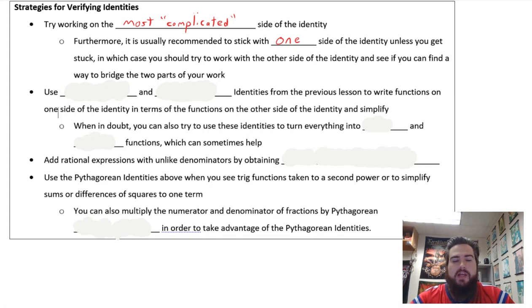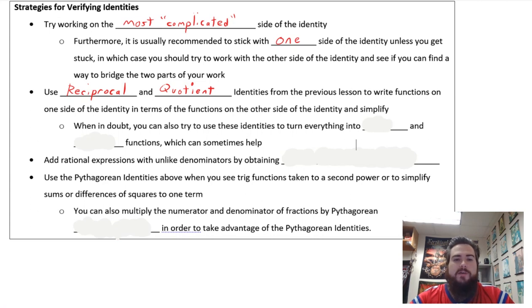The second suggestion here is to try using reciprocal and quotient identities from the previous lesson to write functions on one side of the identity in terms of the functions on the other side of the identity and simplify. Just because you cannot move things from the left to the right side of the equation doesn't mean that you are not allowed to look at the other side of the equation. Very often, looking at the solution or the other side of the equation can help to give you an idea of where you're going. The reciprocal and quotient identities from lesson 4 can help us with that, particularly when you